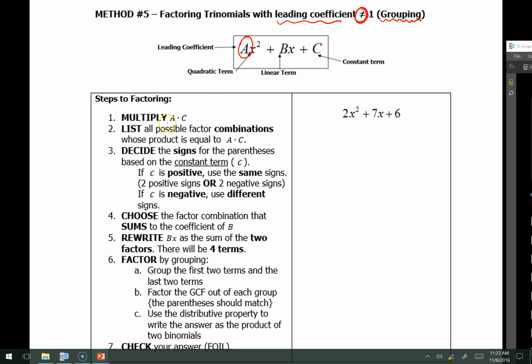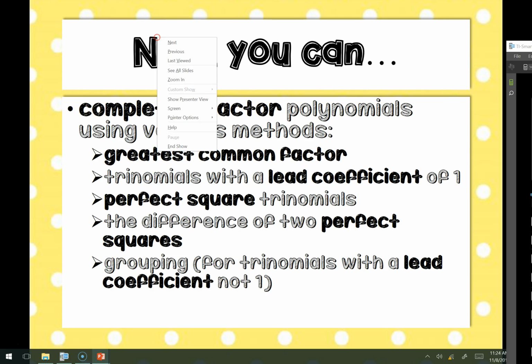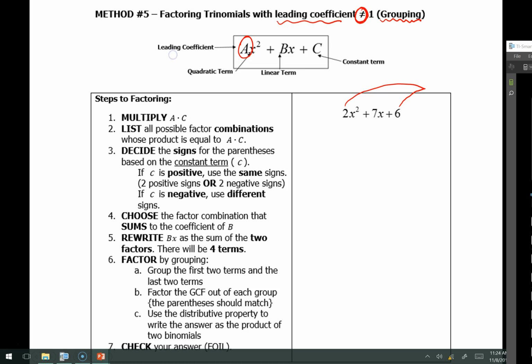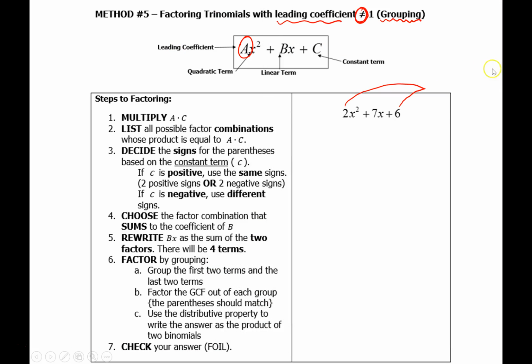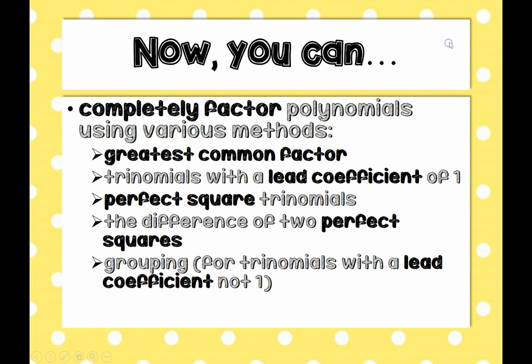The first step is to multiply a times c. So I'm going to take this a value, I'm going to take that c value and multiply them together. And I'm going to do this over here in the margin because we're going to be using this other space for some of our other work. So 2 times 6 is 12. After you have your